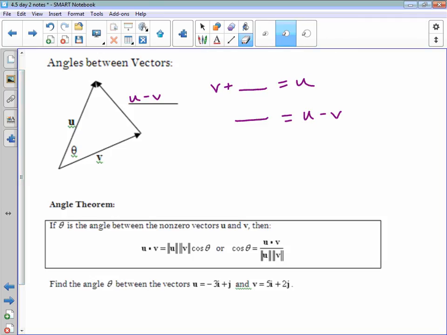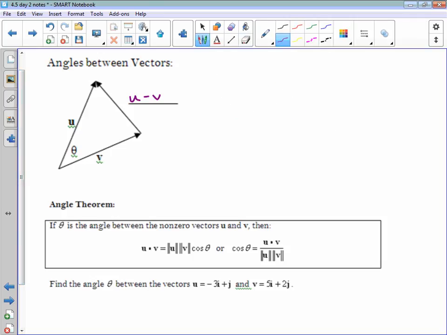Let me erase this just to give myself a little more room. Do you guys remember your law of cosines, like when we had a squared equals b squared plus c squared minus 2bc cosine of a? Yeah? You're like, oh, what are you going to do with that? So if I am solving for theta,